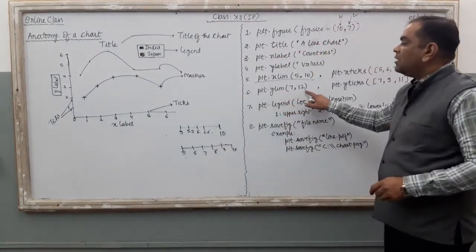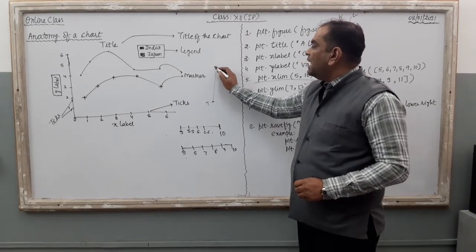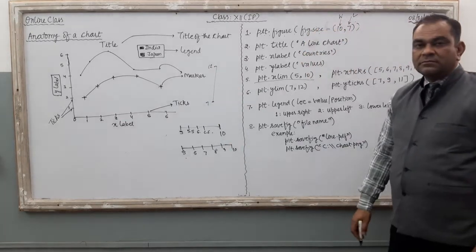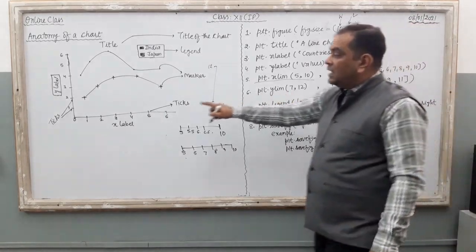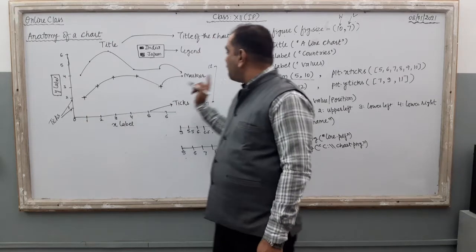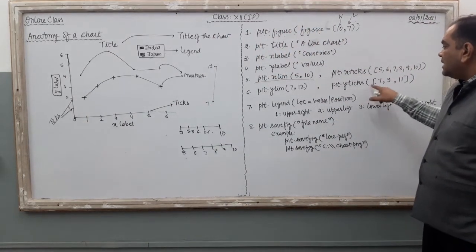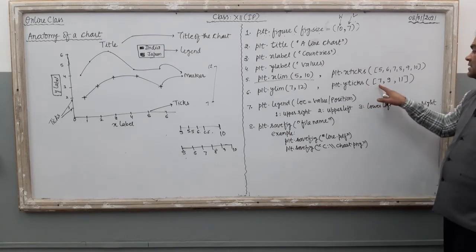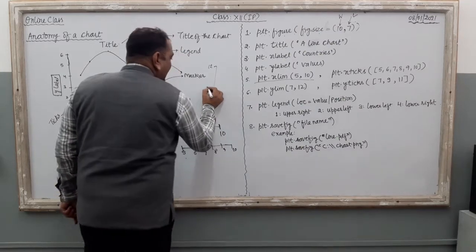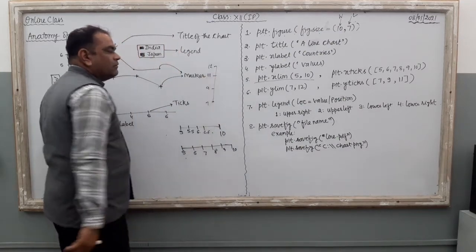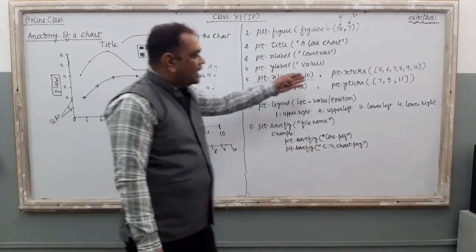The same thing you can do with the y-axis also. Ylim 7, 12 means the y-axis starts from 7 and ends at 12. Right? It is the limit of the y-axis. Instead of starting at 0, it will start from 7. Now just see the ticks. My ticks are 3 on this y-axis: 7, 9, 11. 7 will be there, the next tick 9 will be there, then the next tick 11. Clear? So this is ylim and yticks.